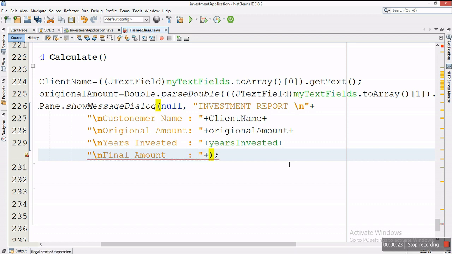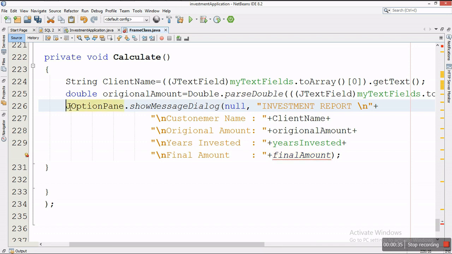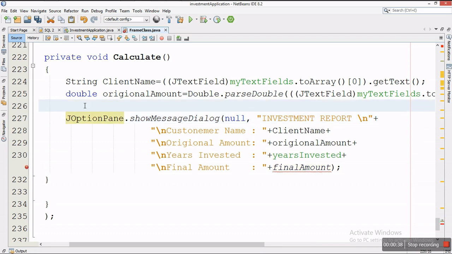I'll say plus, then here I just want to display the final amount, like that. So let's go ahead and declare this local variable for final amount. Let me just declare it here, it's going to be a double. The final amount is going to be equal to